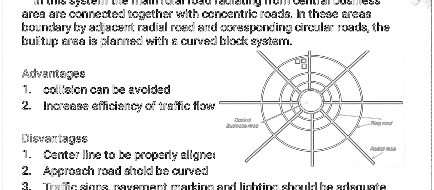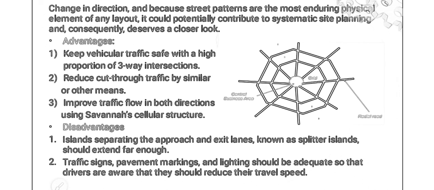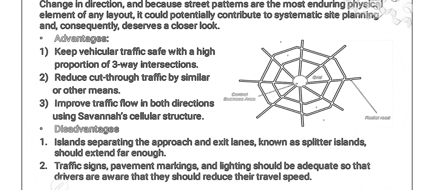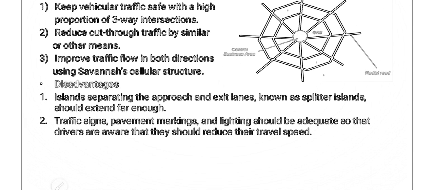Advantages: collision can be avoided, keep vehicular traffic safe with a high proportion of three-way intersections, reduce cut-through traffic by similar or other means. It improves the traffic flow in both directions using a cellular structure. What are the disadvantages? Islands separating the approach and exit lanes, known as splitter islands, should extend far enough. Traffic signs, pavement markings, and lighting should be adequate so that drivers are aware that they should reduce their travel